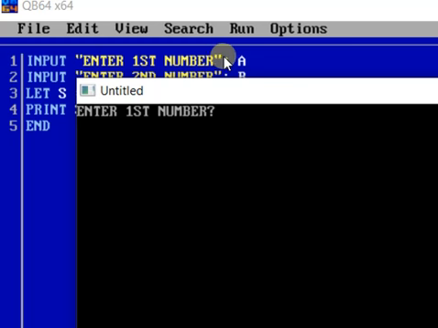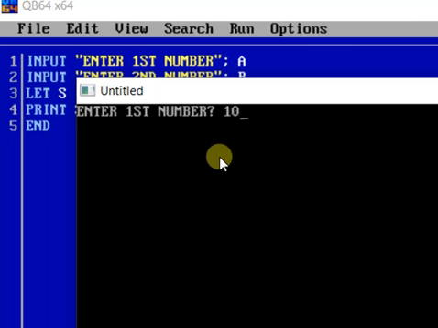Then after that, due to the input, it is giving a question mark. Question mark will always be available as we have used the input statement. After the double quotes, enter first number will be displayed, and whatever value we give will be stored in variable A.